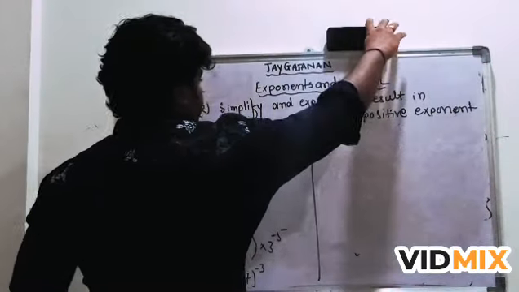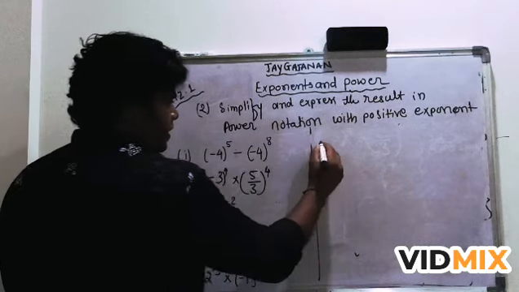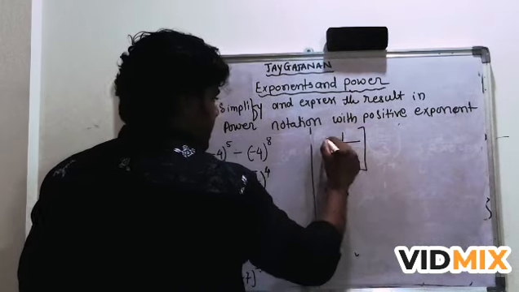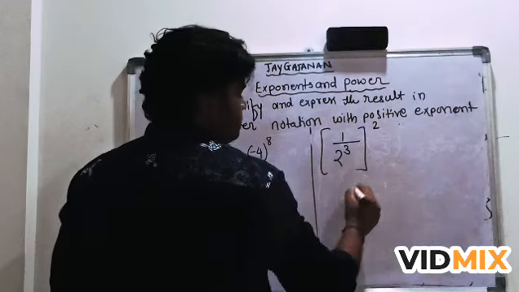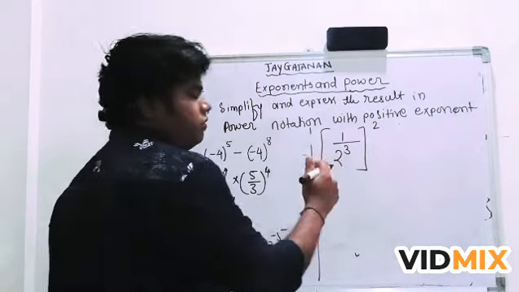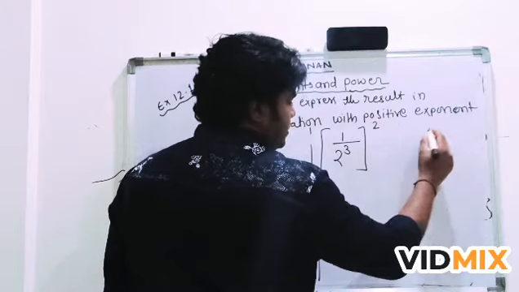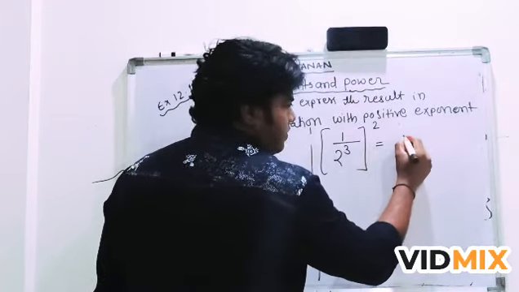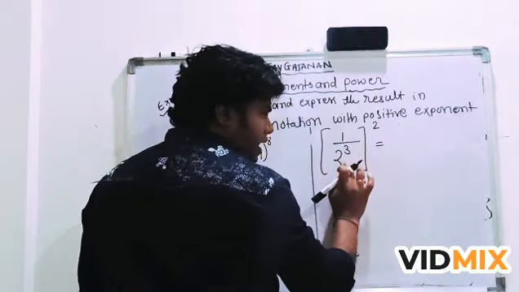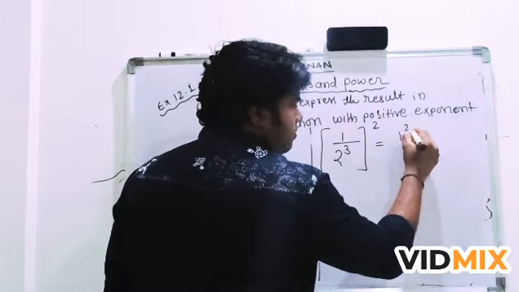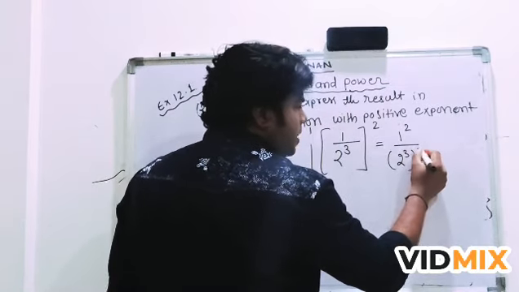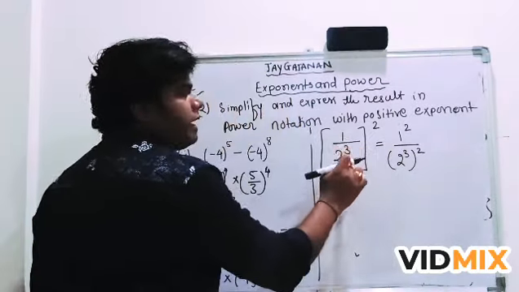The next question is question number 3. That is 1 by 2 cube, bracket to the power 2. Here which identity are we going to use? In such case, this will be simplified as the square of 1 and the square of this, so 1 to the power 2 upon 2 cube to the power 2. This power applies to both, inside the bracket.